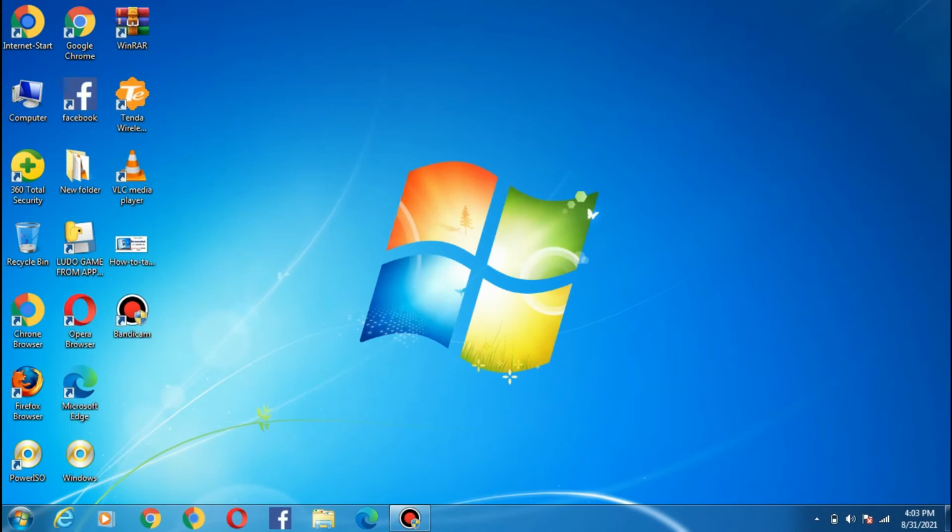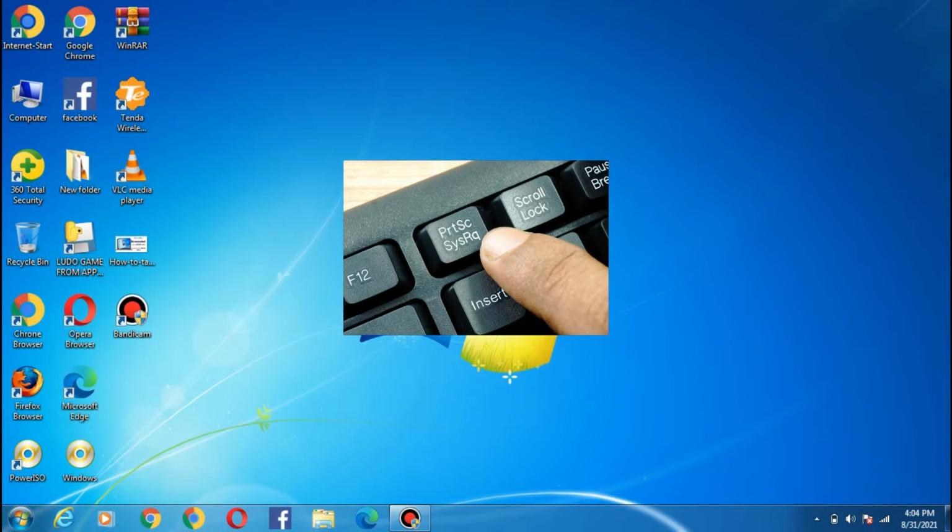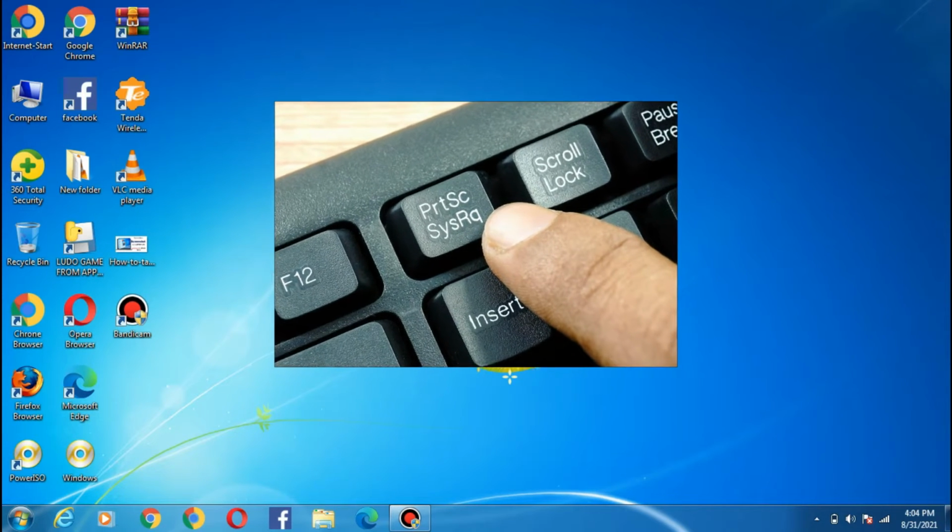So first, let's see how to take a screenshot in Windows 7. To take a screenshot in Windows 7, just press the print screen key on your keyboard. You can also see the image of that key on your screen. Just press this, and now after pressing it,